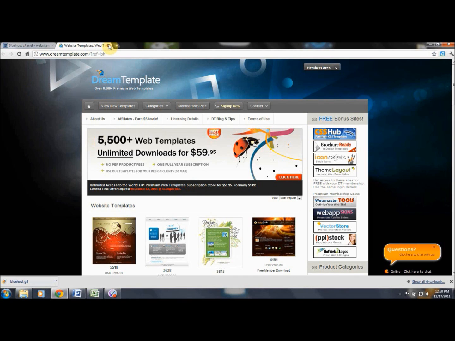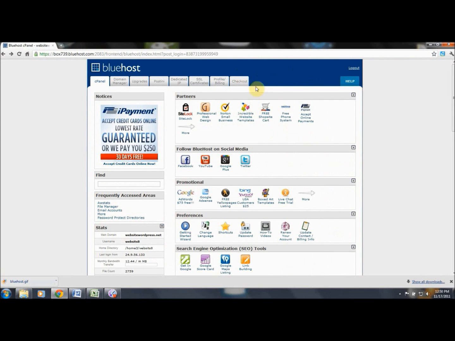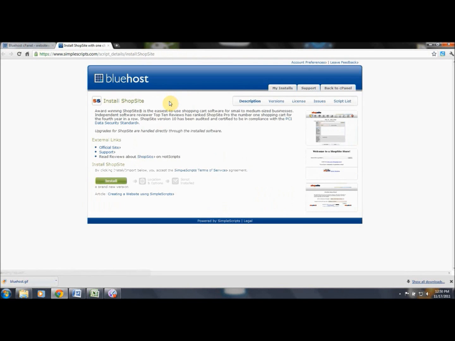The next thing is a free shop site. Now, this is certainly an interesting deal. This goes straight to what's called a simple script install, which simply means shopping cart software for medium to small business. Now, let me tell you 3 things. The first thing is that